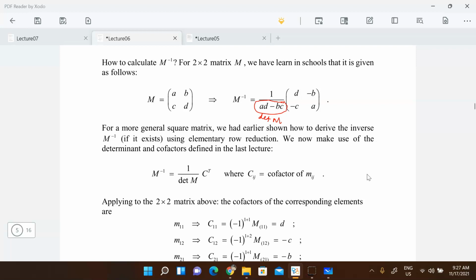So that's why, for your matrix M to have an inverse, you need your determinant of M not to be equal to 0. What precisely would be the inverse of M? Well, for the case of 2 by 2 matrix, it will be given by that,